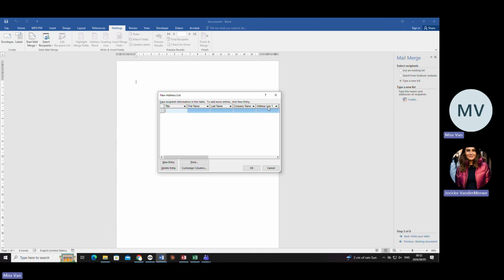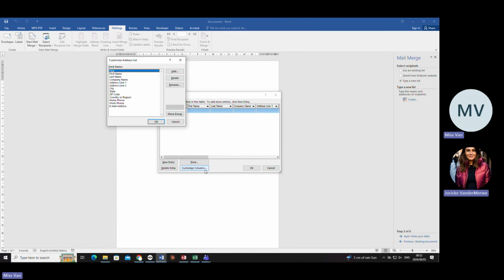So what you see in a horizontal row under field names is actually your column headings. Can you also see that first of all they are capitalized? These are not. Second of all, they are not the same. Title is the same, but the rest is not the same. So we are going to customize. Right, let's go. How many fields do we have there? 6. What's 6 in Xhosa?